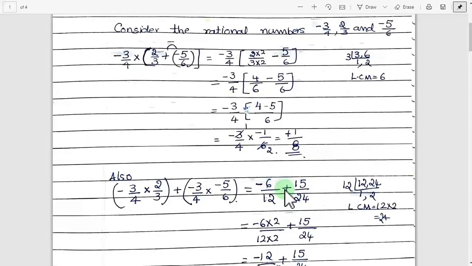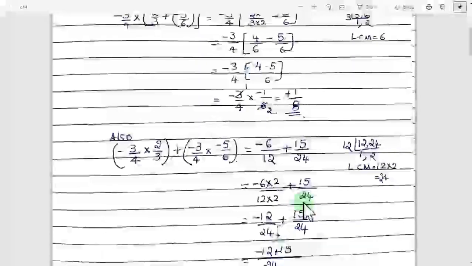Addition means equating the denominators and then adding the numerators. To equate the denominators, first we will take the denominators, and if a common factor is there, we can divide. 12 is the common factor for 12 and 24. 12 1s are 12, 2s are 24. Now further division is not possible. Multiply this number. 12 into 2 is 24. So 24 is the LCM. We have to make the denominator of these two rational numbers 24. So here to make 12 into 24, we have to multiply by 2. Same number you multiply to the numerator also. Plus 15 by 24, because already 24 is there, you don't have to multiply. In the next step you write the product.